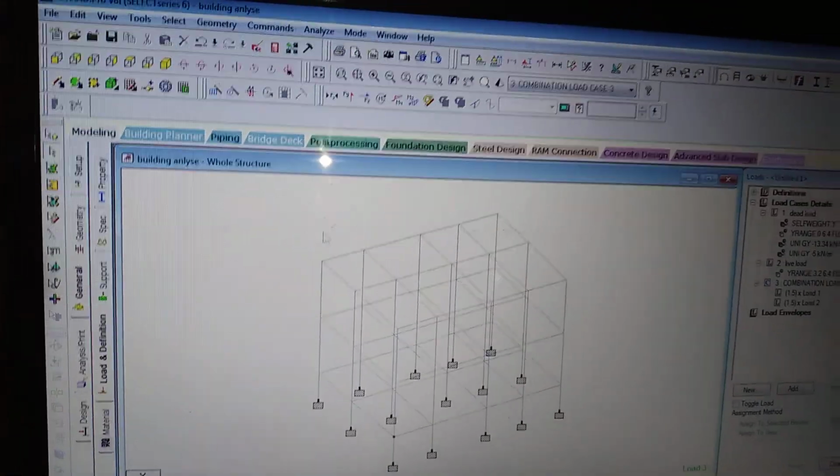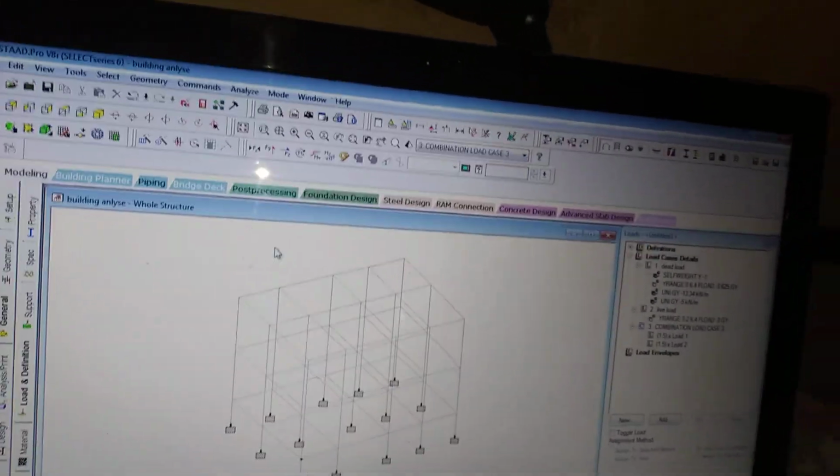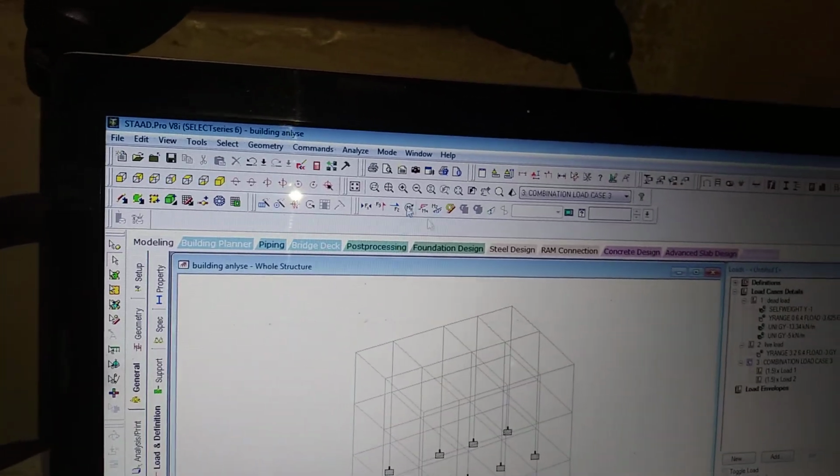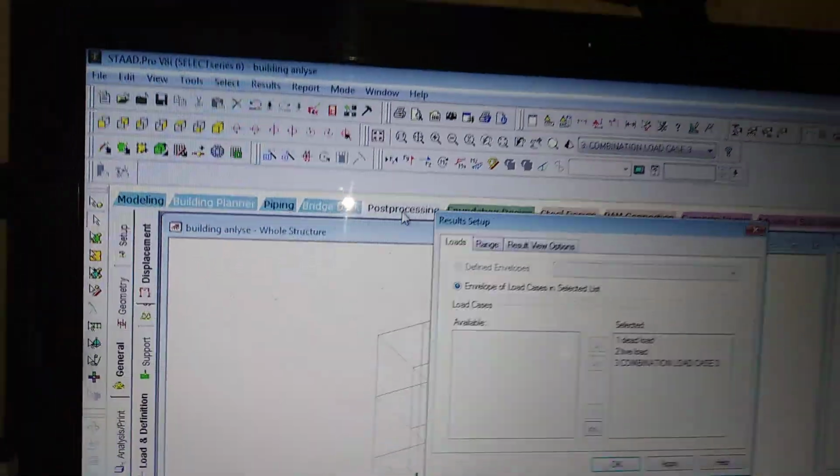So if anybody asks you how to show the bending moment and shear force diagram on this structure, it comes only after analyzing. Our screen is in modeling. After analyzing, I will go to post processing.